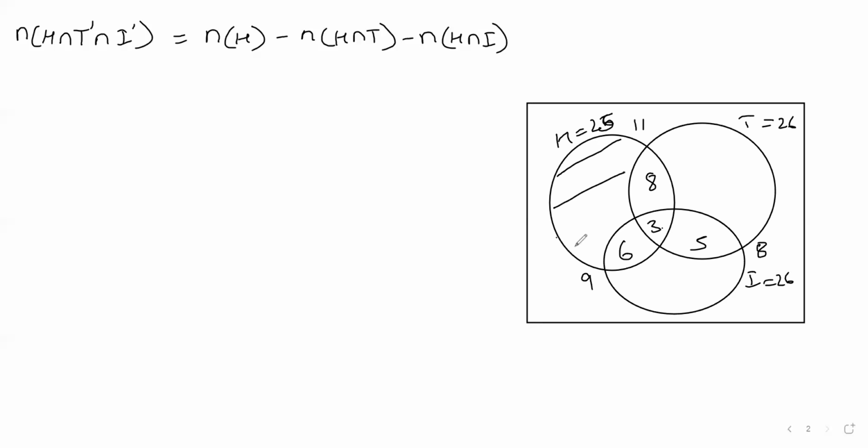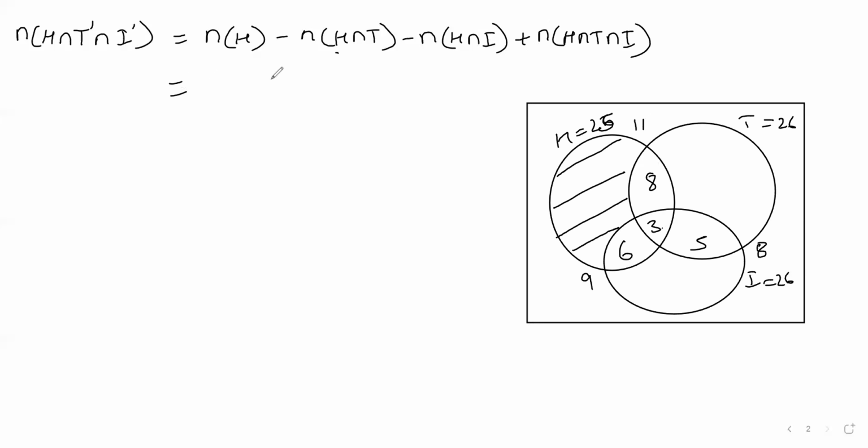People who like only this. तो मैंने उसमें से ये 8 और ये 6 माइनस कर दिया तो ये 3 2 बार माइनस हो गया, इसलिए मुझे उसको एक बार ऐड करना पड़ेगा. H इंटरसेक्शन T इंटरसेक्शन I. इस 8 में भी ये 3 माइनस हो गया ना, सॉरी ये पूरे 11 में ये 3 माइनस हो गया. मुझे सिर्फ 8 को माइनस करना है, 3 को माइनस करना है, 6 को माइनस करना है. तो इसमें भी 3 माइनस हो गया, इसमें भी, इसलिए मैंने एक बार उस 3 को ऐड कर दिया.